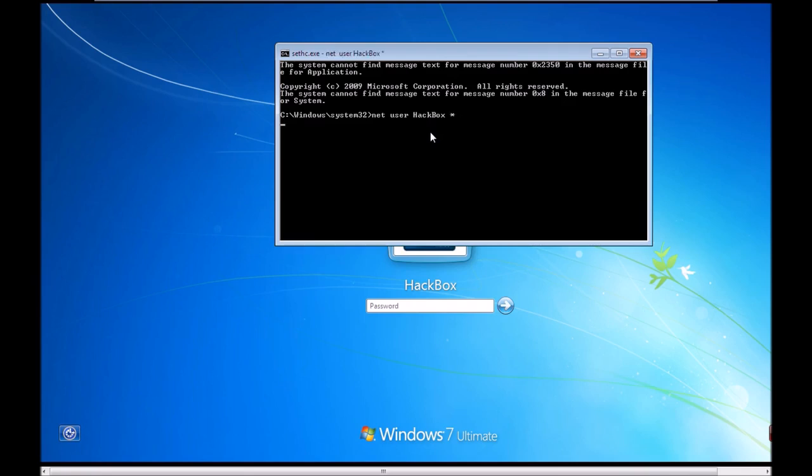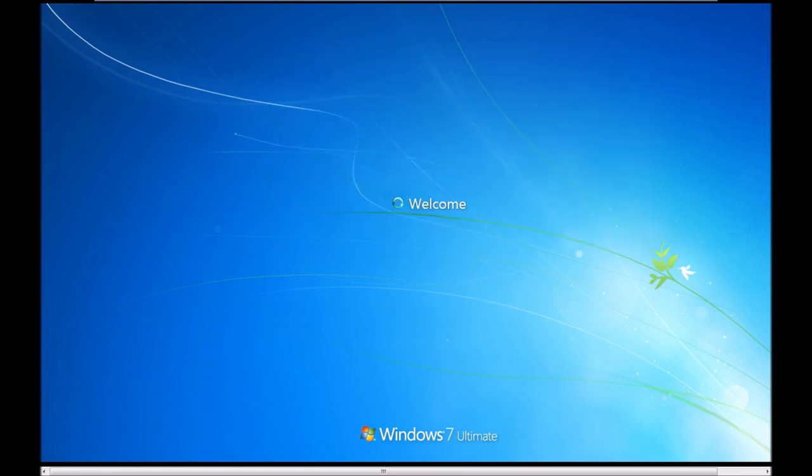Press enter. Then it will ask you to type a password for the user. I want to bypass this login, so I won't type any password. I'll again press enter. It is asking to retype the password I just entered earlier. I'll again press enter. The command completed successfully. Here we are good to go.